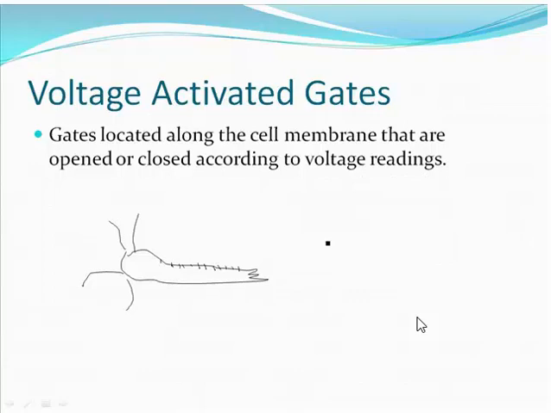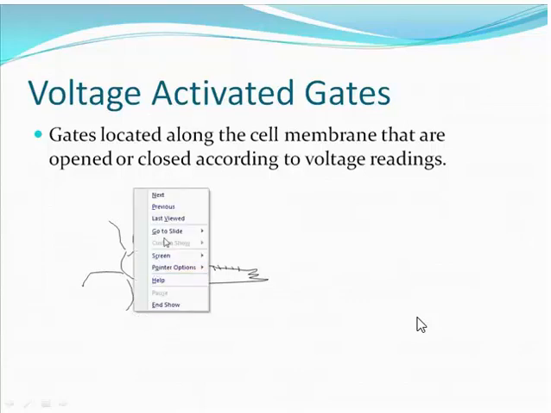So remember I told you about that term depolarization? These voltage activated gates are constantly monitoring the voltage. They're kind of saying, what's the voltage? -70. What's the voltage? -68. What's the voltage? -66. What's the voltage? -50. Oh, -50. Wow. Okay. So they're voltage activated. Let's see what's going to happen if we hit something called